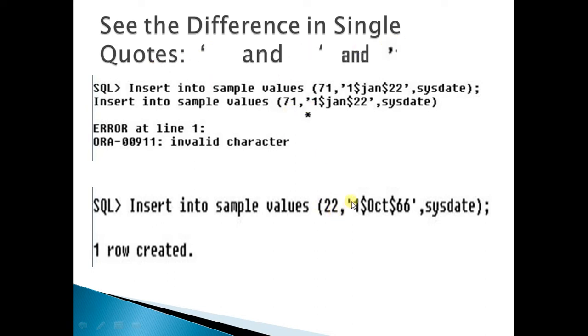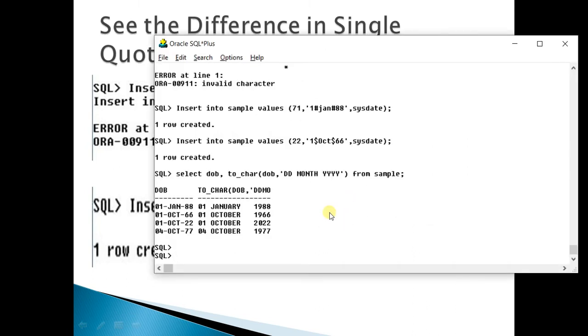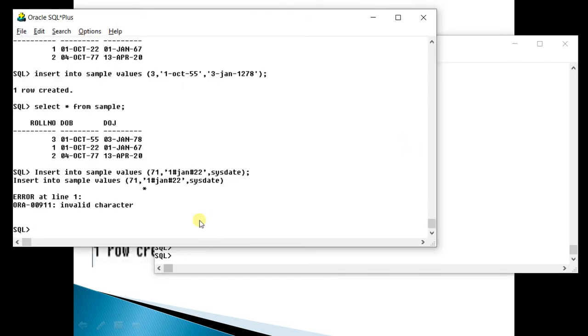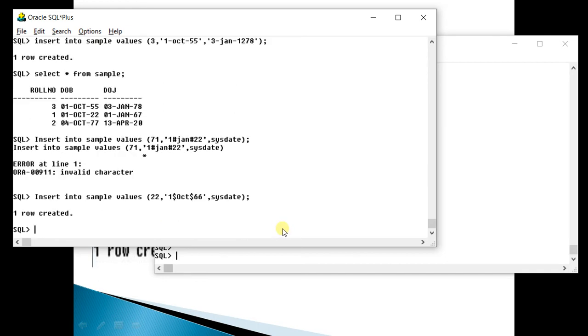What is allowed is this type of single quote. If I correct it like this, now I have given dollar, but the quotes are Oracle single quotes. So one row created.